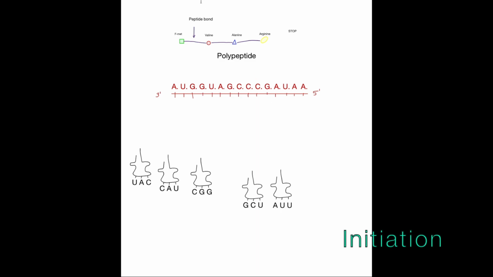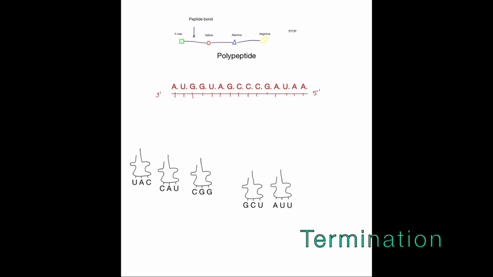Just like we did with the transcription. So the ribosome reads the AUG start codon and recruits an FMET carrying tRNA. Then the second part is the elongation step, which we talked about, which involves the bulk of the reading and the amino acid recruitment. And then finally the termination phase, where the ribosome meets one of these 3 stop codons